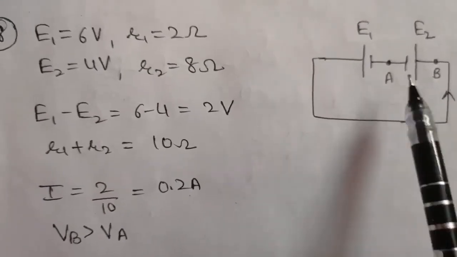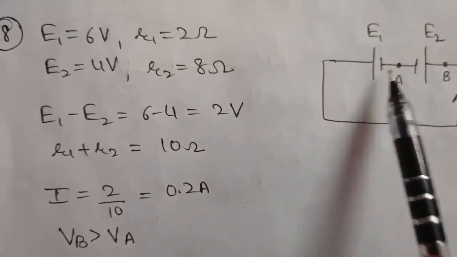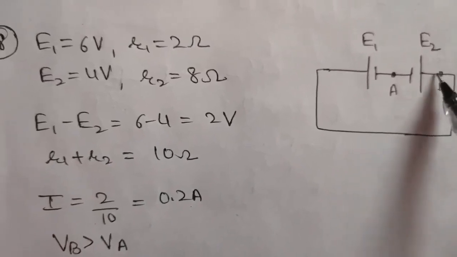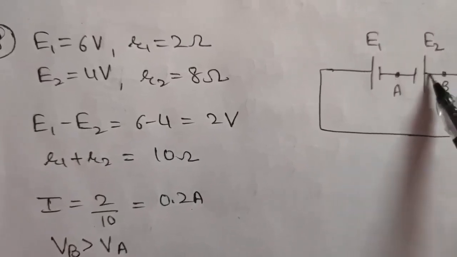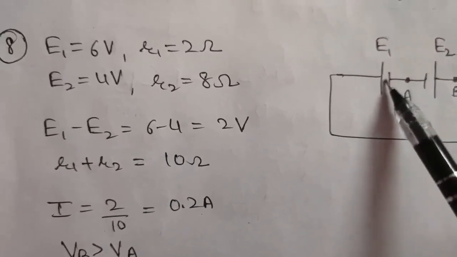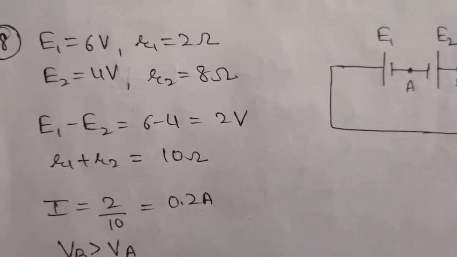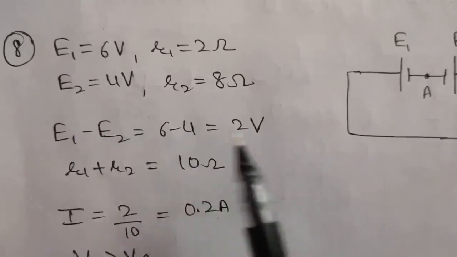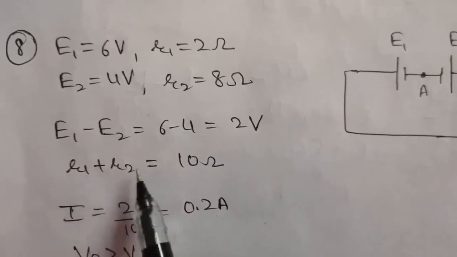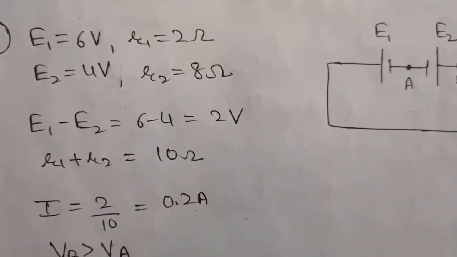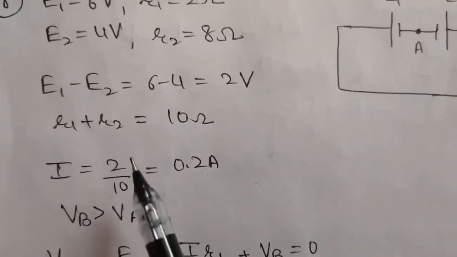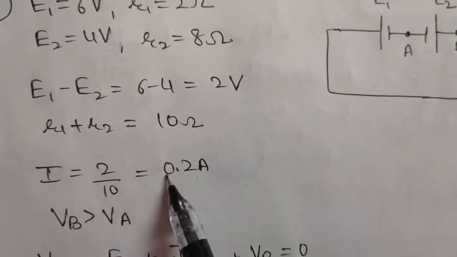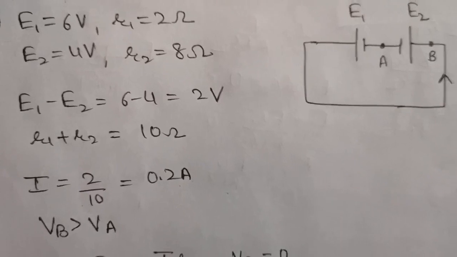Because see, negative is connected to negative, that means we will be getting E1 minus E2 as net EMF, because if you are going from right to left, E2 will come first, plus E2, then minus E1. So equivalent will become E2 minus E1 or E1 minus E2, because E1 is greater, I am taking E1 minus E2. 6 minus 4, that will be 2 volts. Internal resistance will be R1 plus R2 only, that is 10 ohms. Now I will be nothing but net E upon net R, that is 2 by 10. So that will give you 0.2 amperes. So we have calculated current in this circuit.